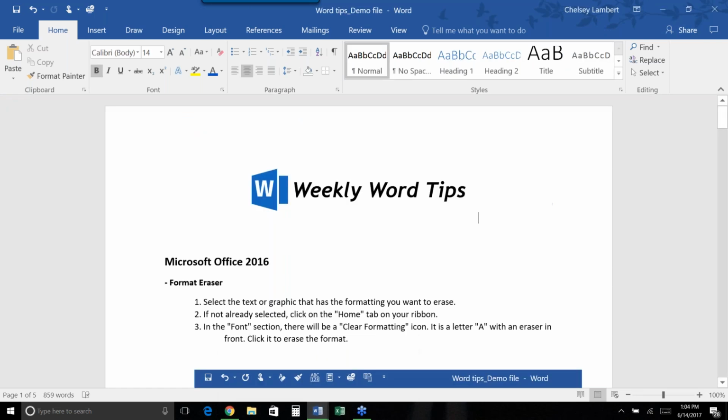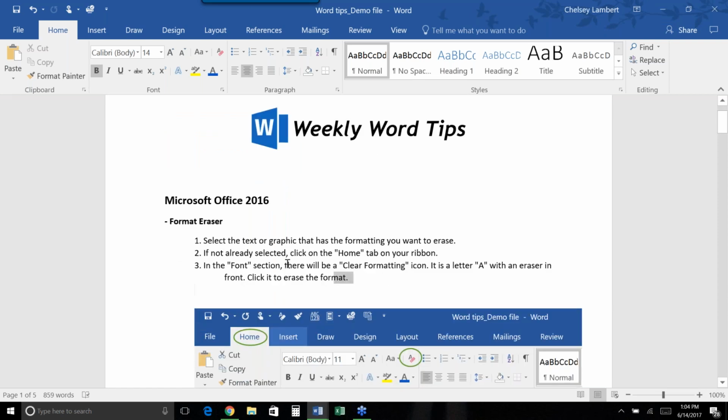So let's jump into the first one. The first one is going to be your format eraser. I call it the magic eraser because it really is probably one of the most powerful tools in Microsoft Word. You can highlight any section, and this is useful for a time when you've been fighting with a particular paragraph. If you copy and paste something from the internet and it just doesn't seem to go into the right place,